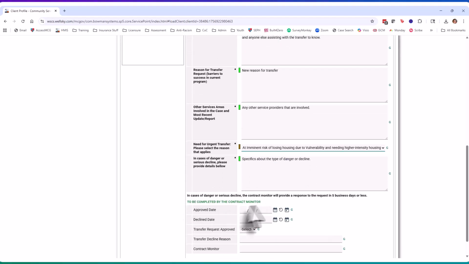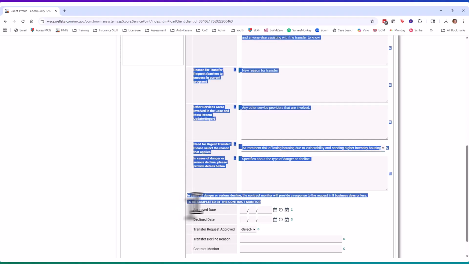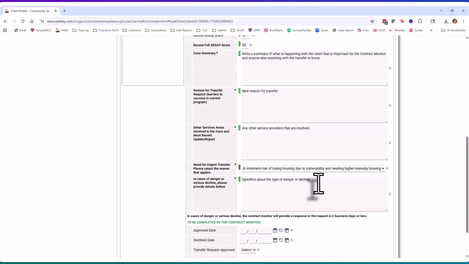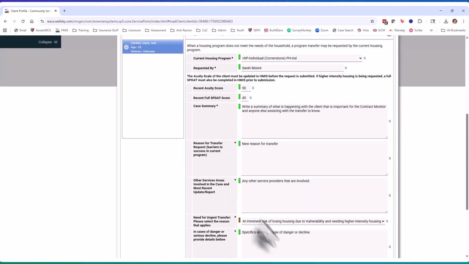At this point, you stop. Anything below to be completed by the contract monitor, you leave that blank. So you want to make sure you're filling this top part out. If you do not fill this top part out, or you put very minimal information, so there's 2 things. One, if you don't fill it out and you just skip it somehow, then it's not going to show up on reports that you even submitted a transfer request. It's not going to show up on a report when a contract monitor runs it,